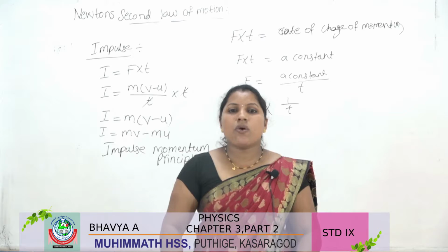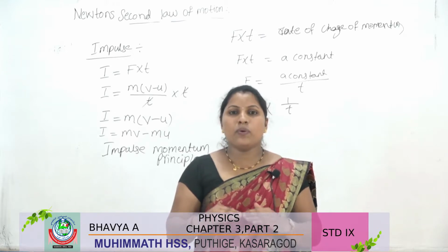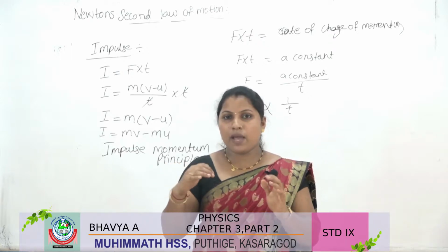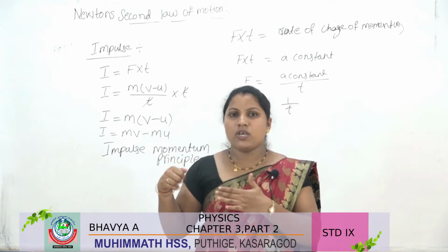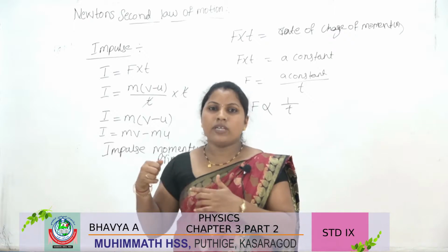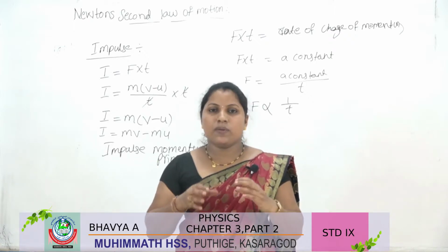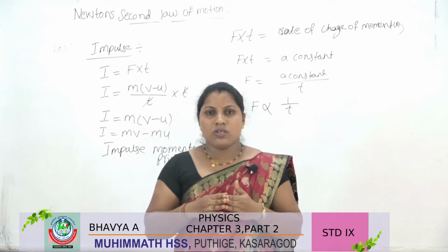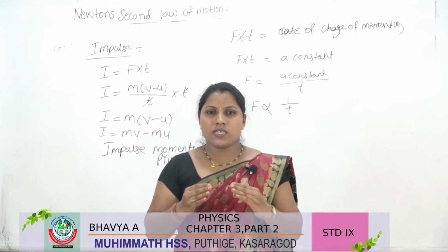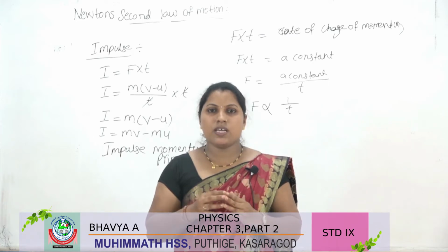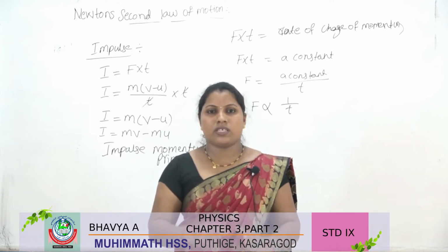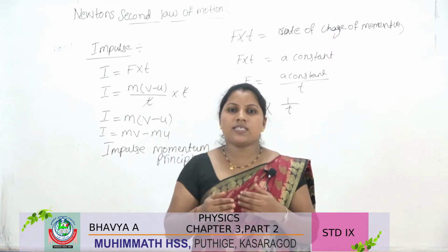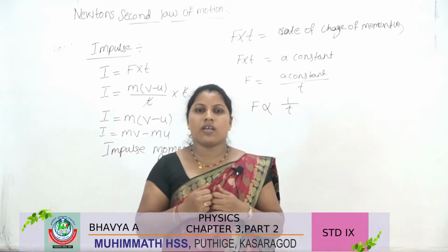Another example: a boat is rowing. The boat is moving, and the water moves in the backward direction. The oar applies force on the water in the backward direction, so the water moving backward is the action. The boat moving in the forward direction is the reaction. So they are equal and opposite. Action and reaction are equal and in opposite directions. That is Newton's third law. So for every action there is an equal and opposite reaction.